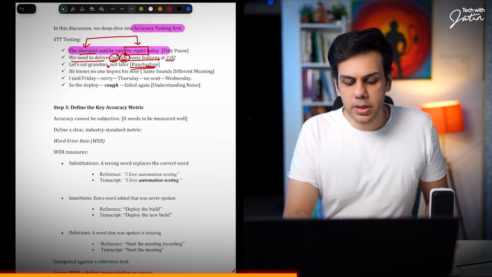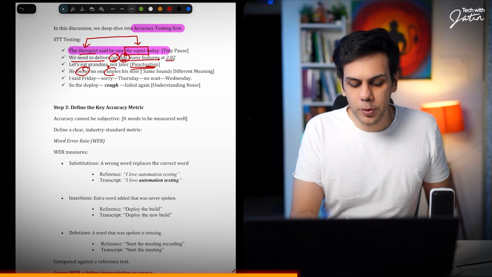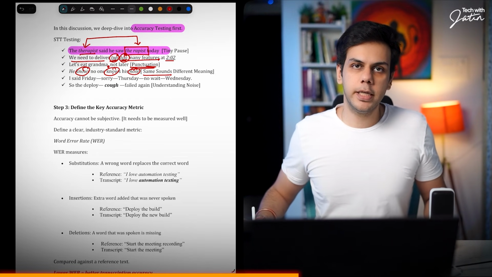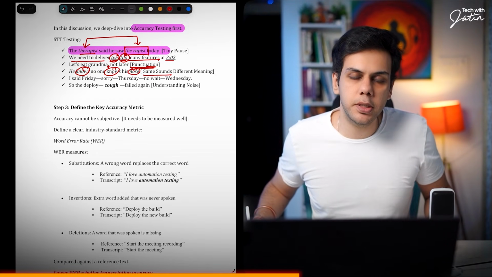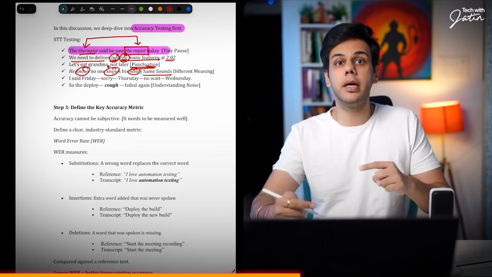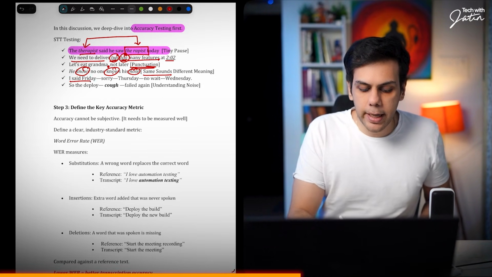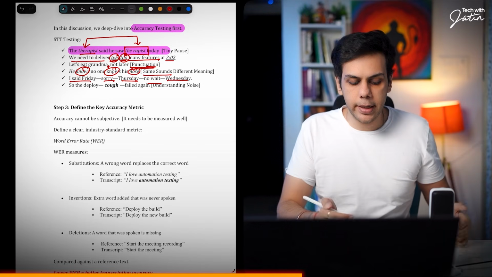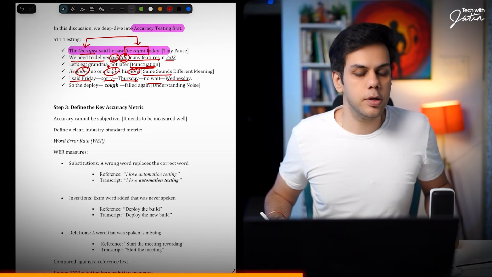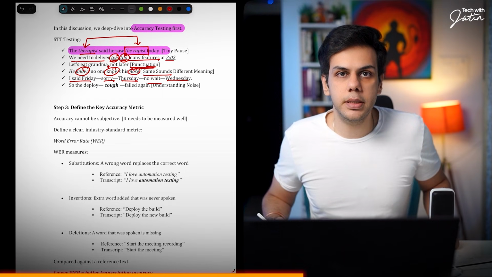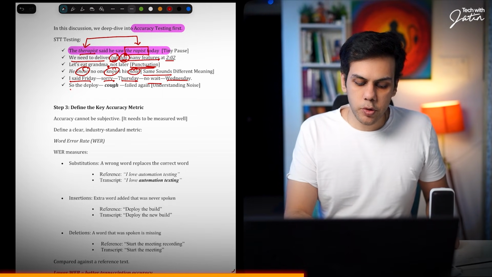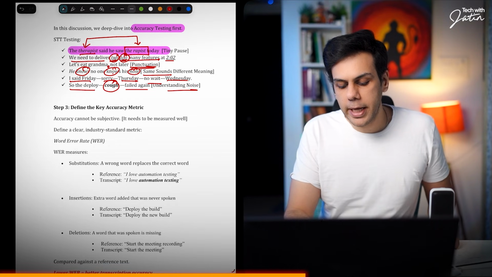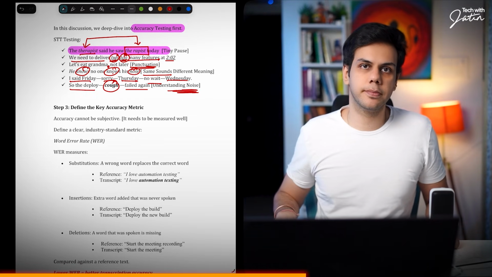He knows, no one knows his nose. So knows, no, and nose. Same sound but different meaning. It should be able to differentiate between the words which have the same sound but their meanings are different. I said Thursday. No, wait, Wednesday. So when the transcript is going to be generated, it should just say, I said Wednesday, not Friday or Thursday. Finally, the deploy, let's say there is a cough, failed again. It should be able to differentiate between the noise and the words.